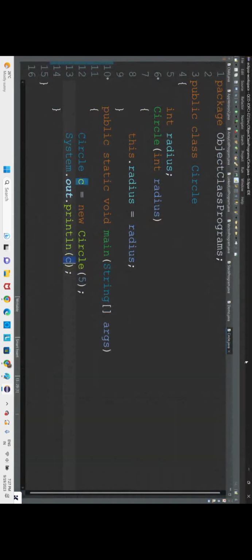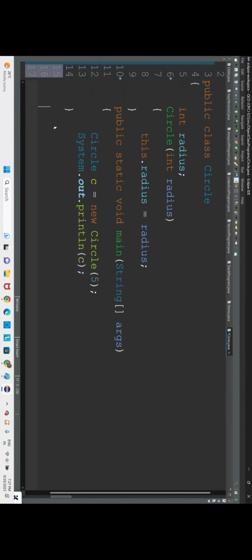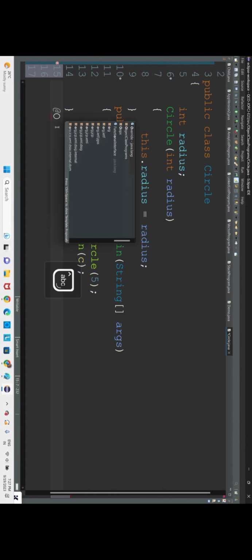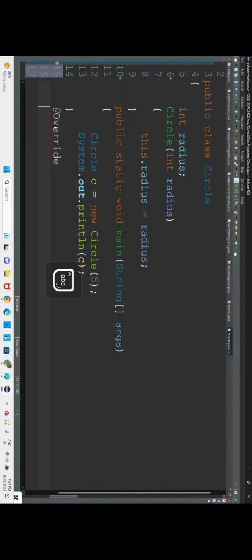Now what we'll do is, we have to override the toString method. Now how can we override the toString method here? Very simple. We'll go for the annotation @Override. Now we shall go for a toString method, public String